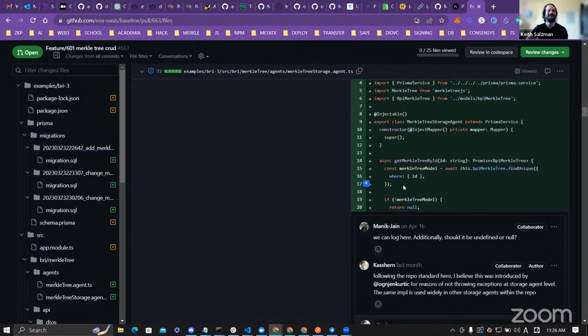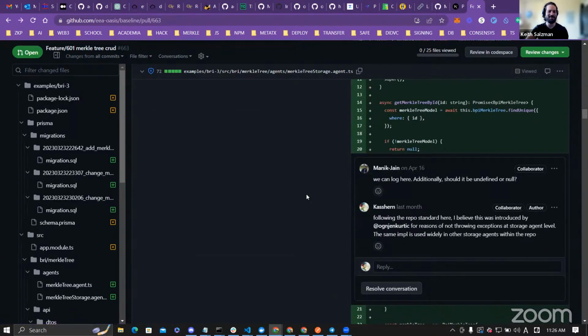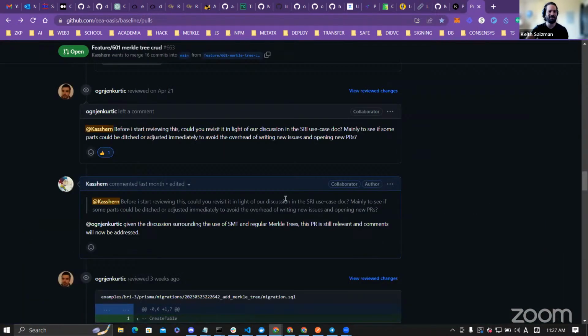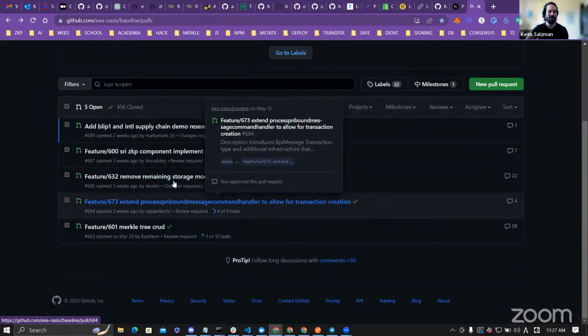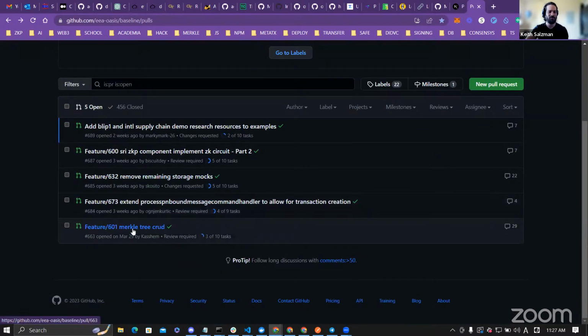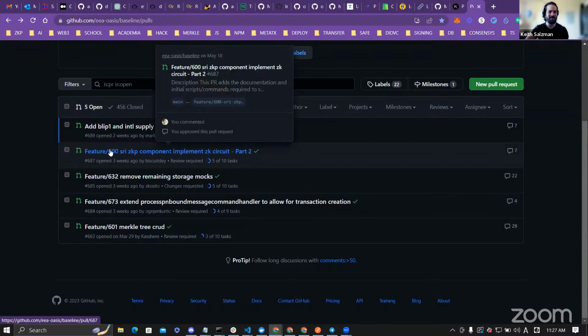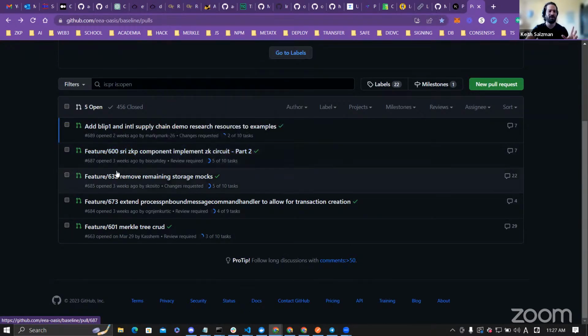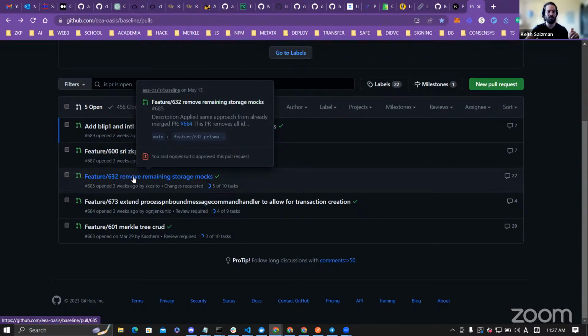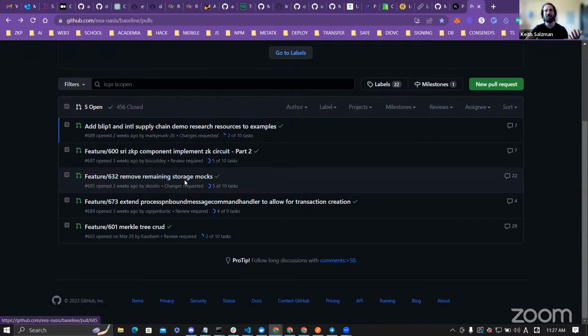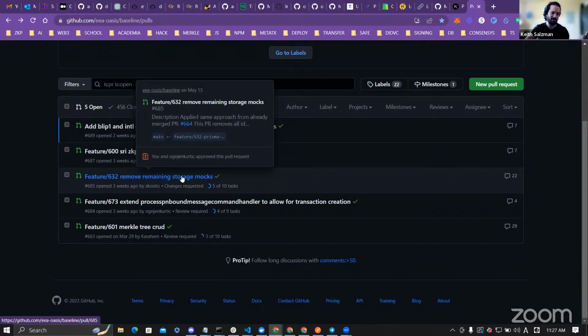All right. So those are all the pieces of the current PRs that are here. Merkle tree CRUD and ZK are probably more true milestone 4-ish. Removing these storage, this is something from the backlog, although it's definitely necessary. It doesn't really fall within the work of exactly any milestone. It just kind of falls within the adjacent